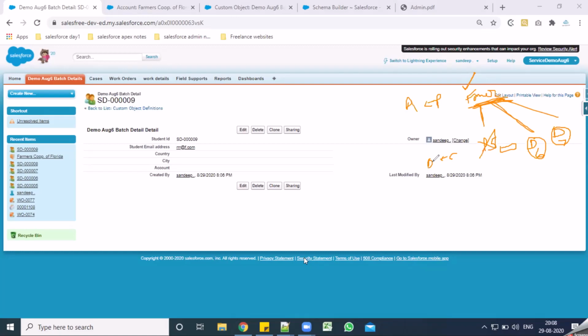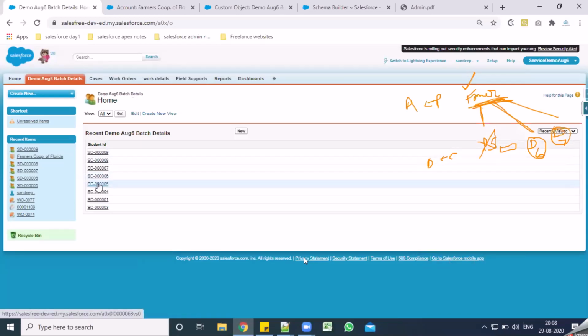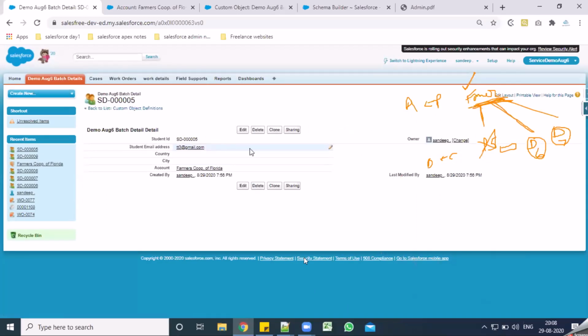So what would happen to that entire structure? All right, so what I'll do is, I'll delete that D5 record. Where is my D5 record? This is my D5. How to delete a record in Salesforce is, click on this delete button. All right, I'm deleting this